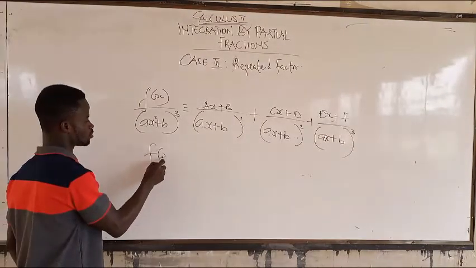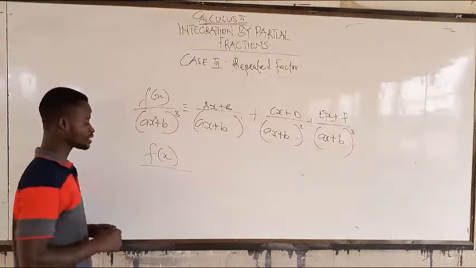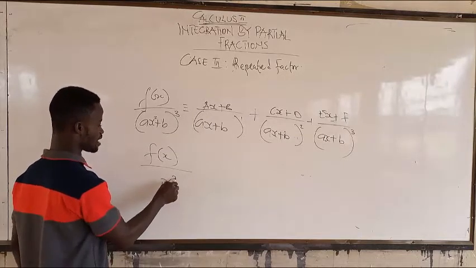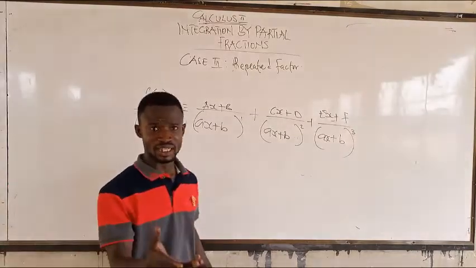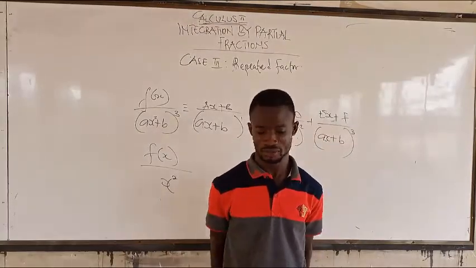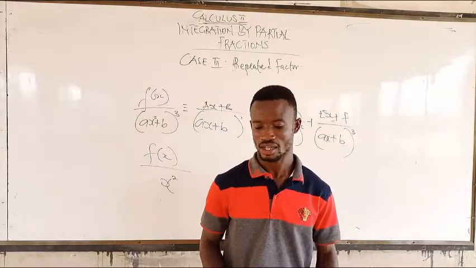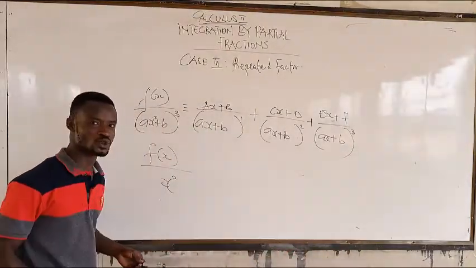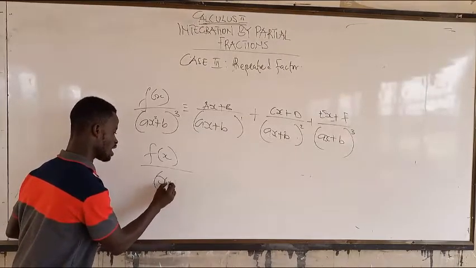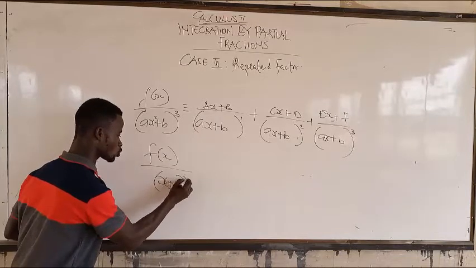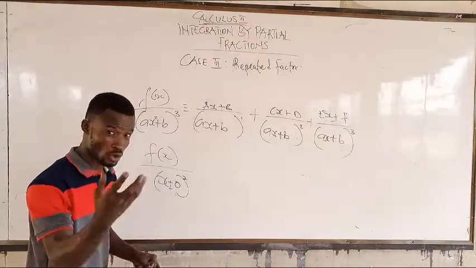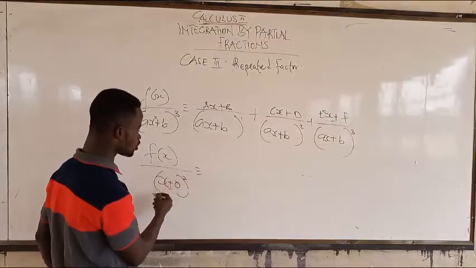Now, what if the denominator is just x squared? Does it mean it's quadratic? No, it doesn't mean it's quadratic. The fact that it's just x squared doesn't mean it's quadratic. It can be written as x plus or minus 0, all squared. It's still the same as x squared, and this is a repeated factor. Don't forget that it's a repeated factor. So this is going to be identical to